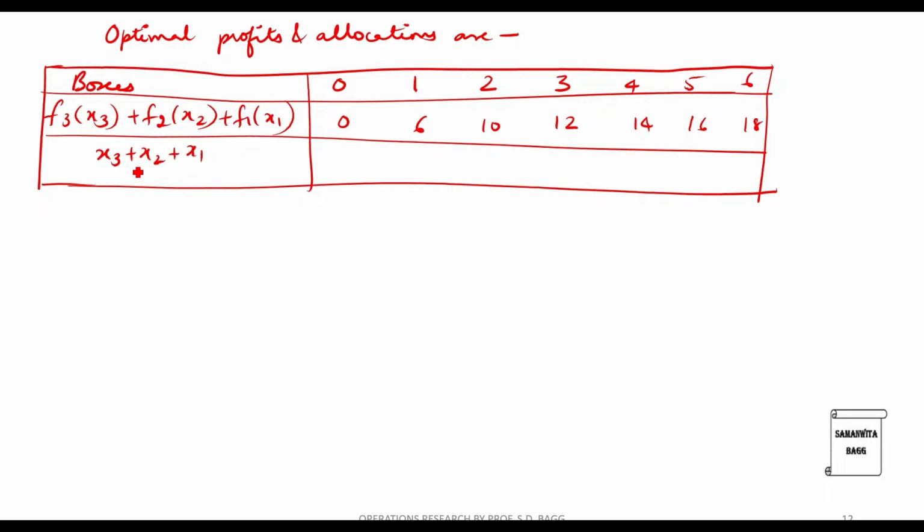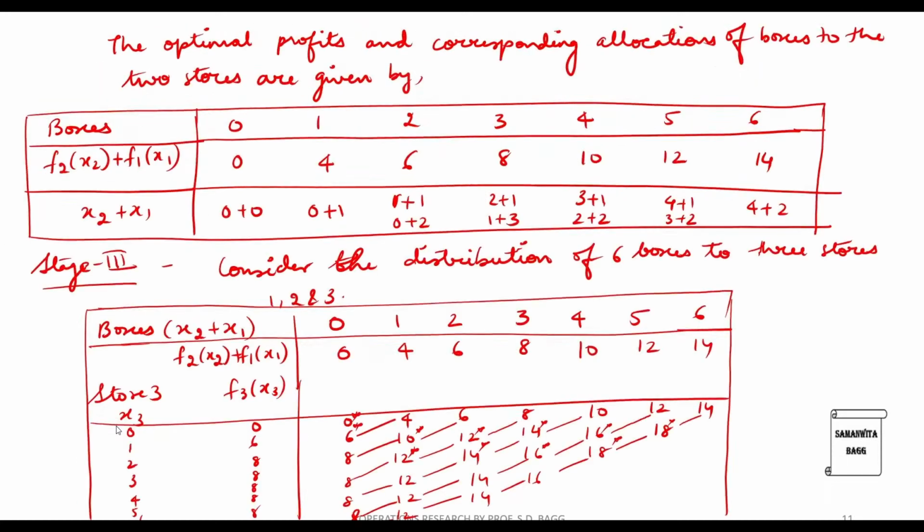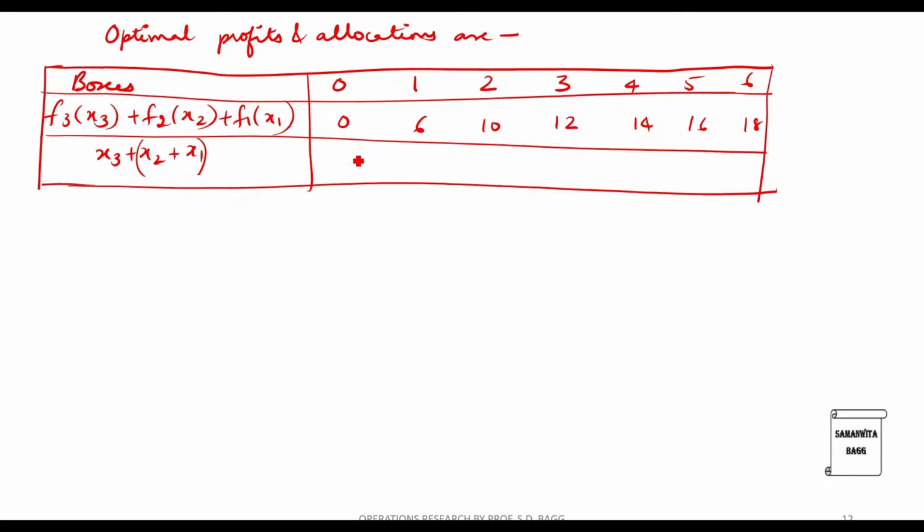And last I'm going to add x3 to the value of x2 plus x1. So here x3 value is 0 and x2 plus x1 is 0. Then we have 1 as x3 and here the value is 0. And accordingly I write for each of them. So this completes my stage 3 and last I'll go for stage 4